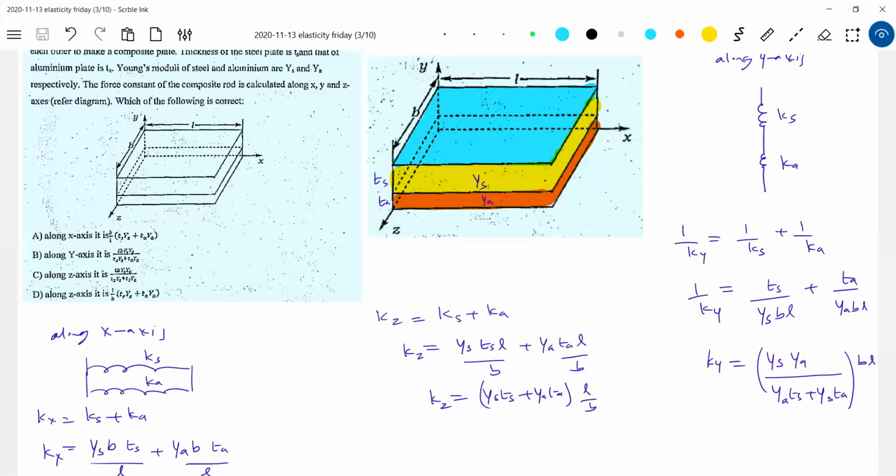Where do we see such things? Anybody? Sofa set, bed. It's a very complicated spring. But if you come to a 3D elastic body, the body will undergo deformation from all three sides. Then kx, ky, kz, keeping all for deformation in three dimensions, we have to work out. This is what practically happens. We have confined ourselves to only one dimensional elasticity, but practically three dimensional elasticity comes in.